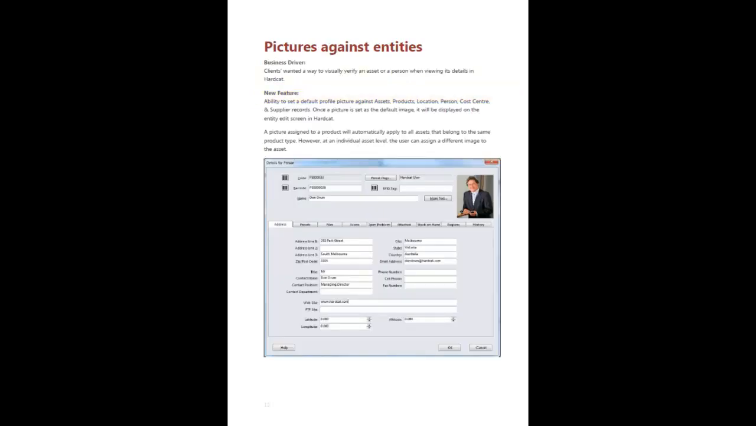Pictures against entities. Clients wanted a way to visually verify an asset or a person when viewing its details in Hardcat. The new feature: Hardcat now has the ability to set a default picture against assets, products, locations, people, cost centers, and supply records. Once a picture is set as the default image, it will be displayed on the entity